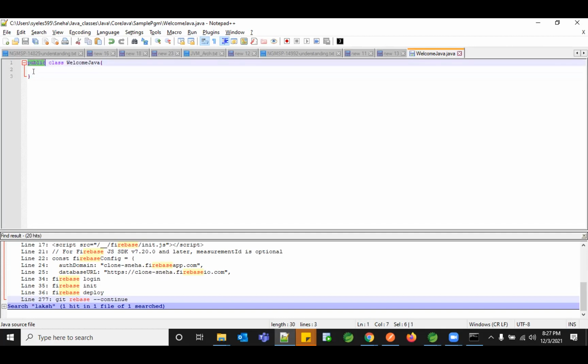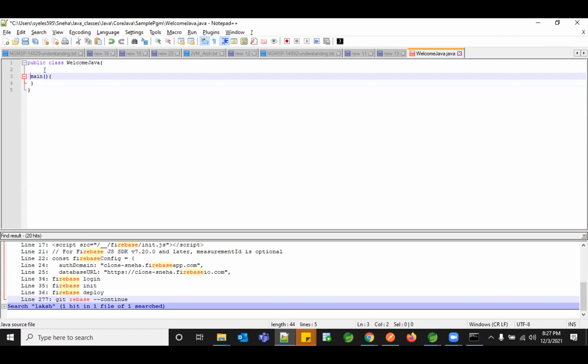Why do we have this public? Only if you have your class name as public, your JDK treats it as the main driver class. We say this as a driver class when you have this method called main in your system. Wherever we see this main method, we say that as your driver class. And this driver has a few attributes. Like if you are an Ola driver, then the Ola driver has a relevant ID and he has a relevant uniform.